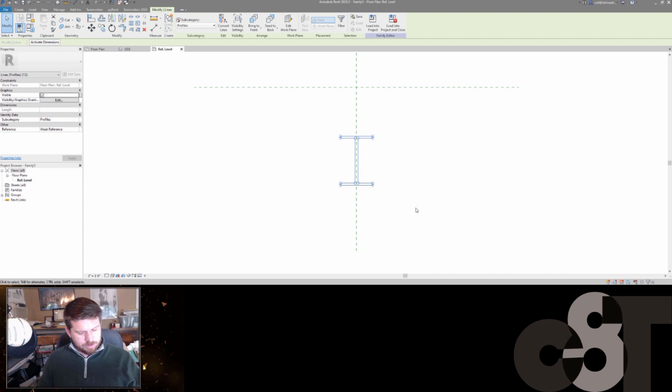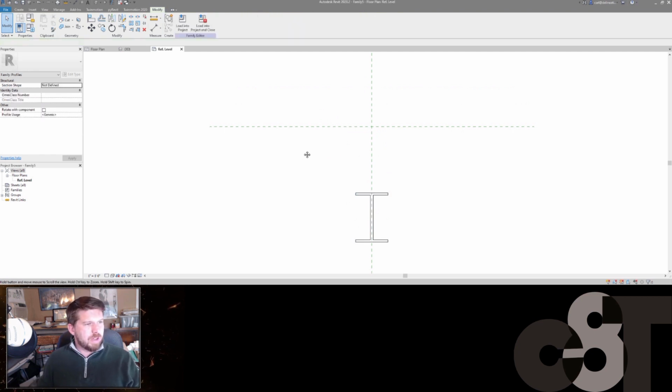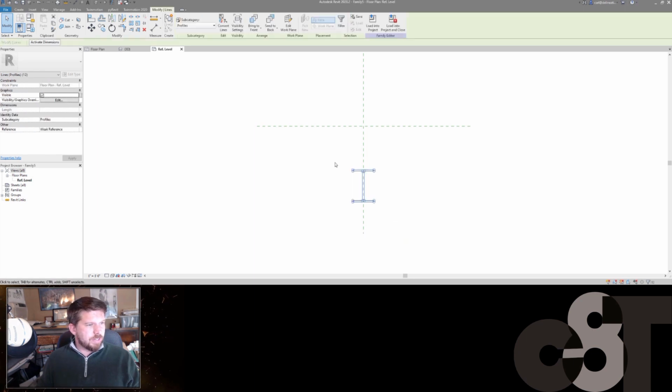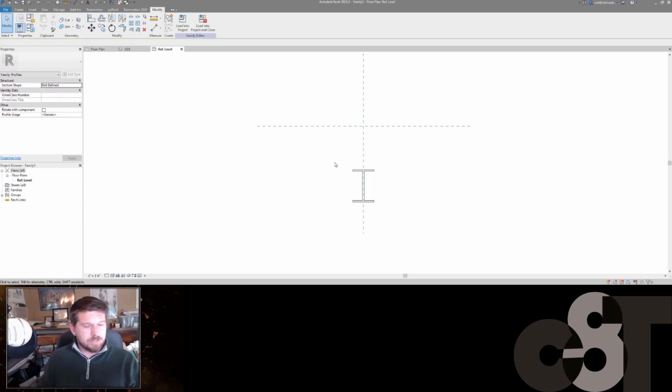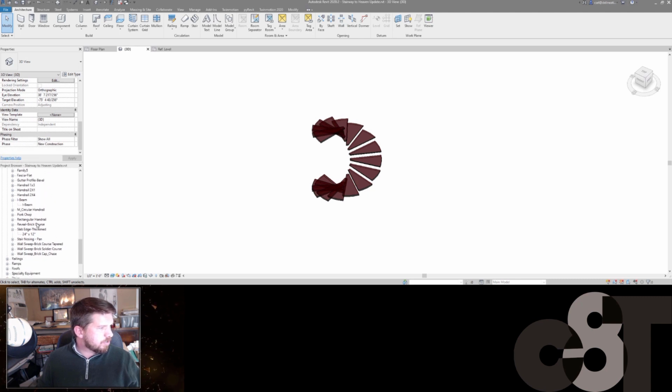Now, Bruce mentions in his tutorial that we want this to be about 300 millimeters below our plane. This is the top of the tread, essentially. So I'm going to trust him on that. You might have to come in and adjust it based on what stair type you're going to make. And I am just going to load this into the project. You can save this if you want to keep this as a profile. I know this is a one-off for me, so I'm probably just going to load this straight in and rename it in the project. So I just hit load into project,